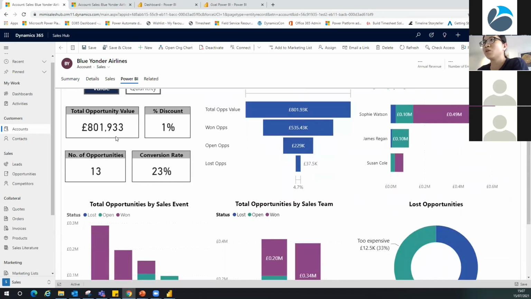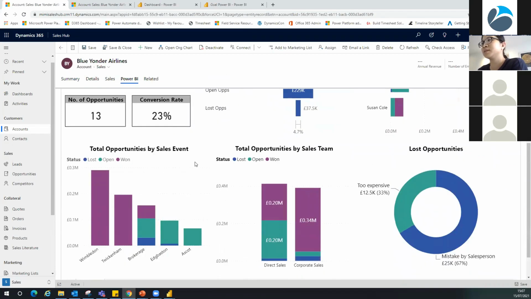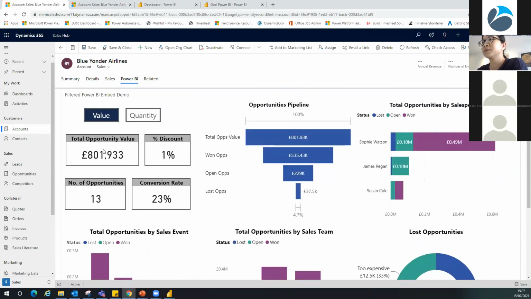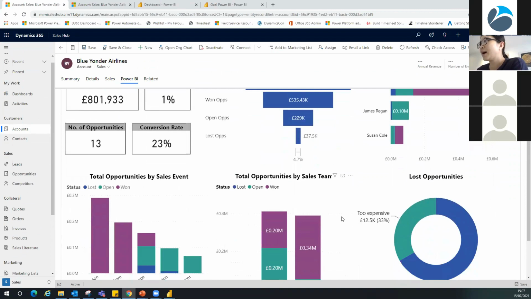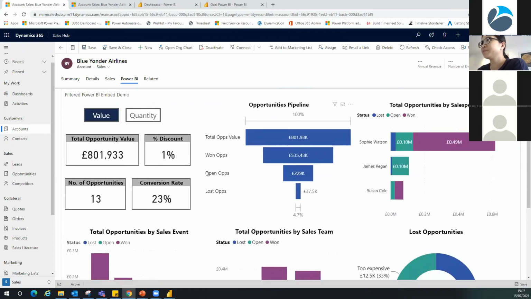You can see here, this customer bought £800,000 worth of, not really bought, this is just the opportunities. The total opportunities value of this customer is £800,000, and there are some lost opportunities as well: mistake by salesperson and too expensive.